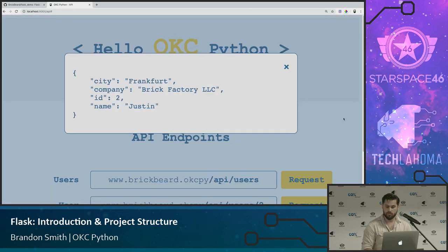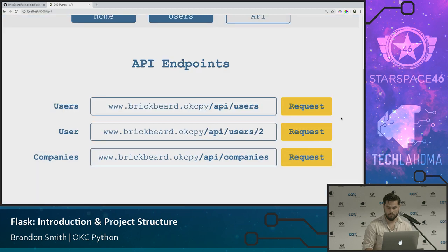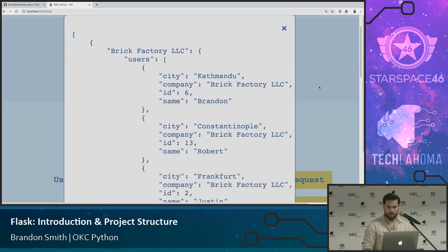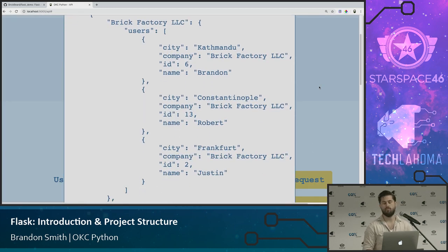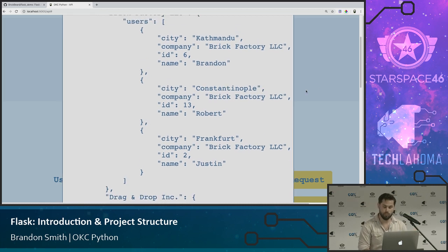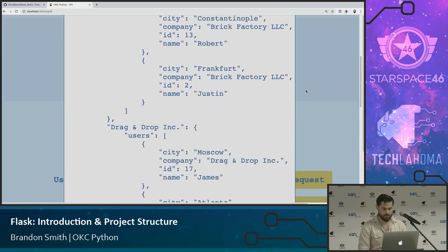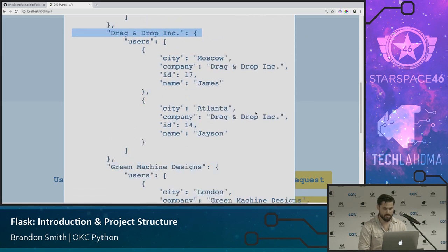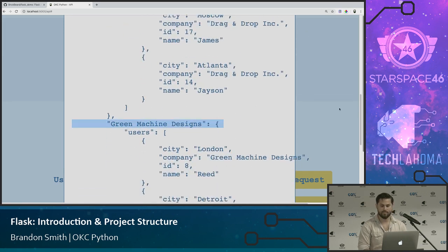And we've got the single user. You can call it by ID. And if you pass in companies, you get companies. Again, this is so far from a best practice. Do not make an API endpoint that looks like this, please. You have all that data already in your user's endpoint, but just to play with it, I was fiddling around with what we could do, and this is what happened. So as you can see, here's our companies all the way down. Standard API